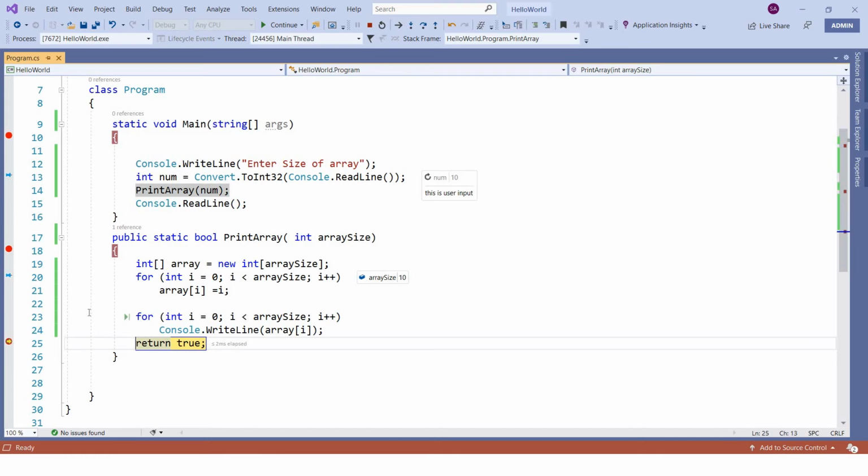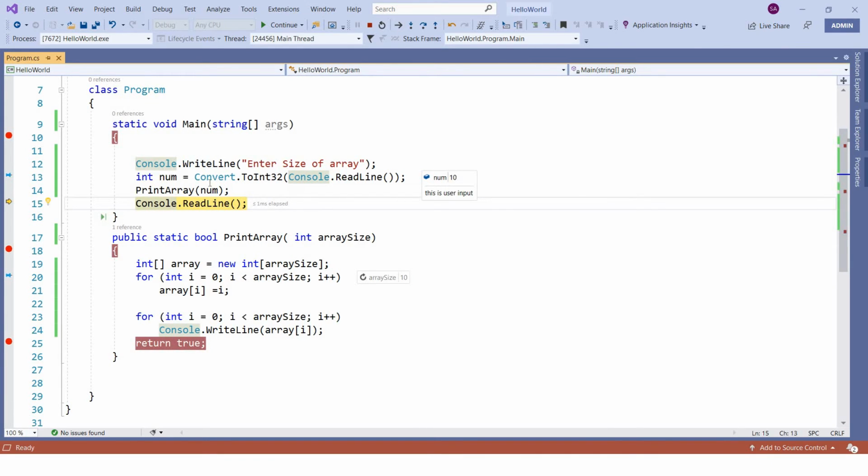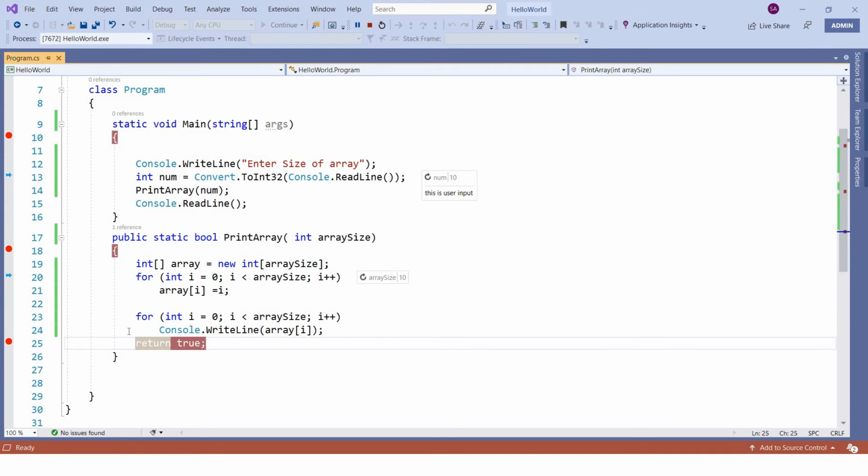If you press F10 here, since there is no line to execute after this, this function is done, so that's why it came here. And if you see the output, you should be able to see those values. In this way, if you want to simply skip the debugging, press F5 and you are done. So these are the simple tricks to debug your code.